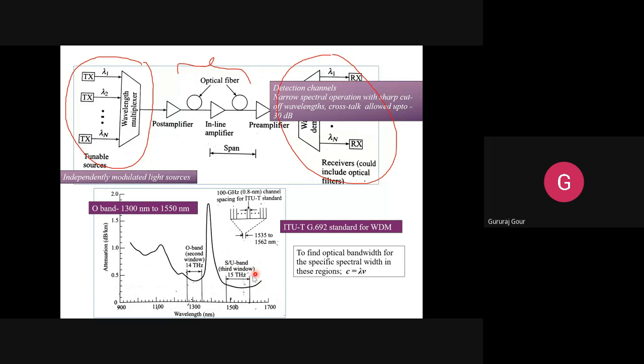For S band, the band supported will be 15 terahertz. Like that for ITU-T G.692, the band support will be 100 gigahertz. These are the things, guys, you need to remember, whether he will give it in an exam or not. These are some dimensions or specifications you are required to remember. If he gives you the graph, no problem. But I haven't seen so far that he has given the graph here. Then you can substitute the things here.